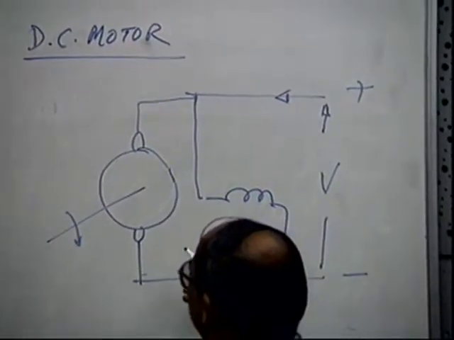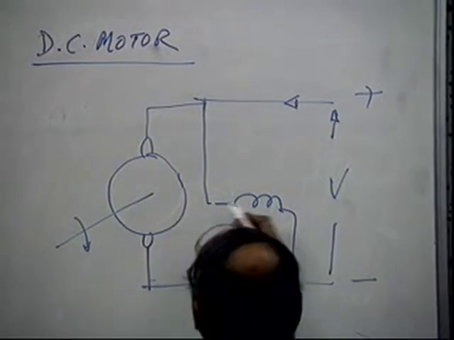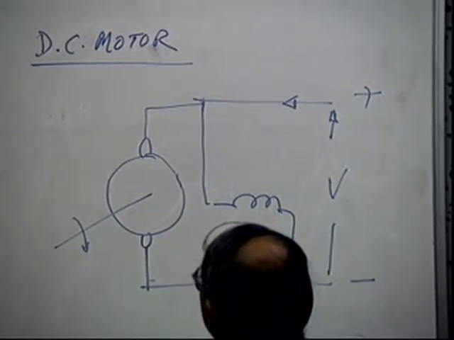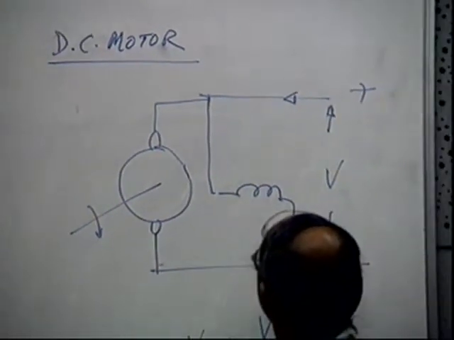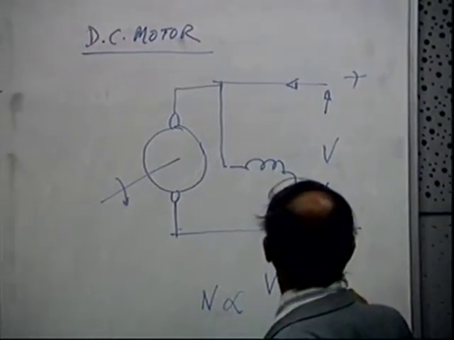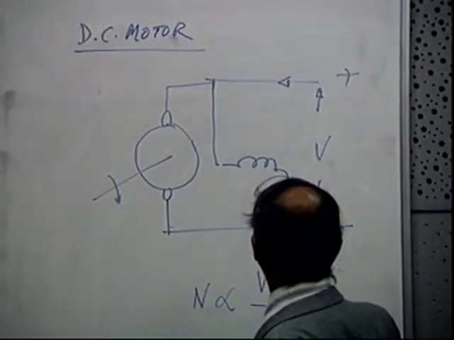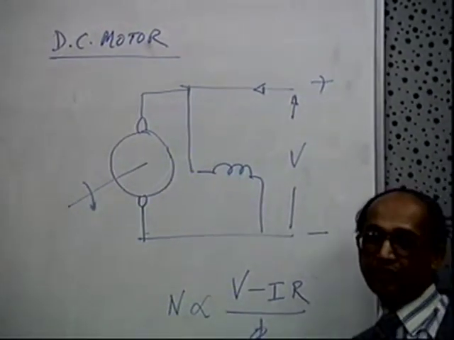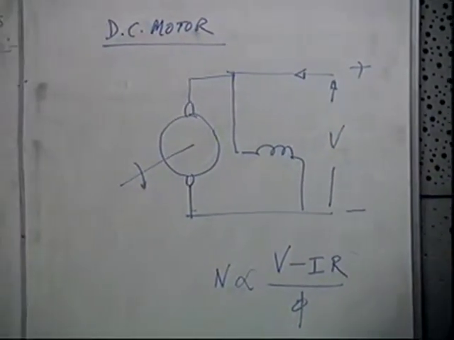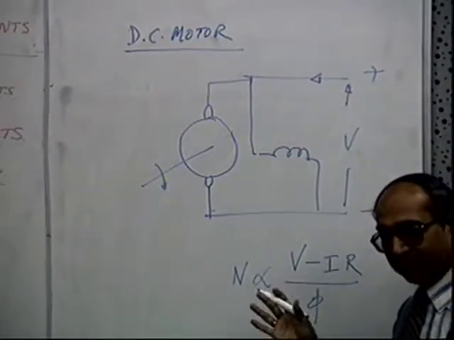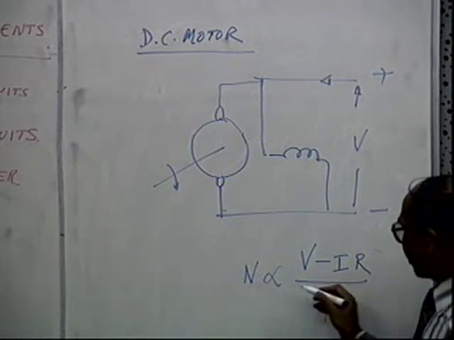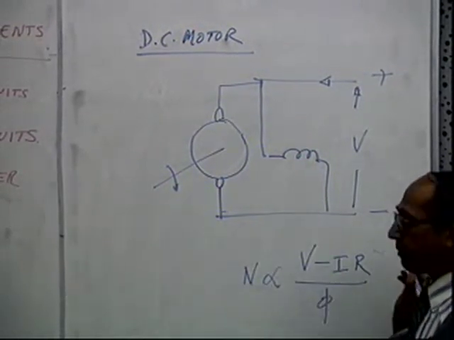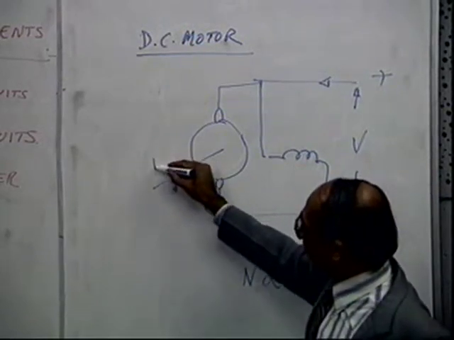Okay, usually the speed is proportional to the voltage that is applied minus the internal resistance drops, and also inversely proportional to the flux. This is one relation. Okay, in normal such motors, again, how we do it, a little detail later. So if the speed is proportional like this,